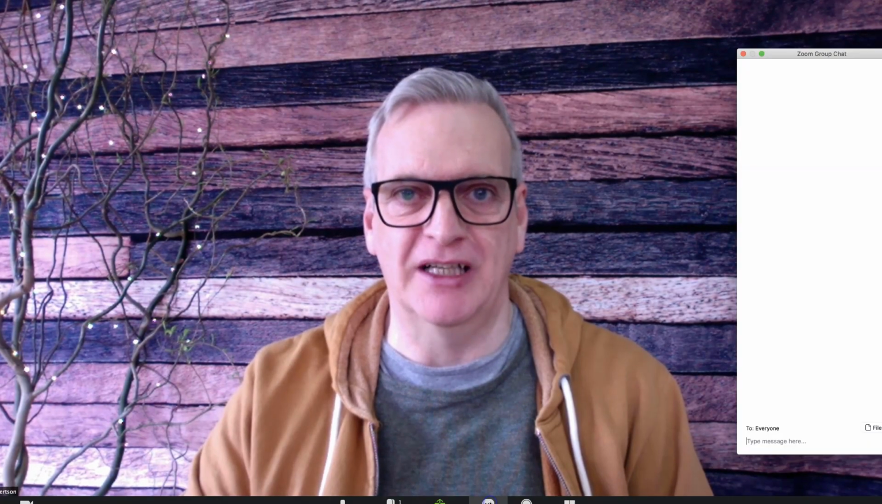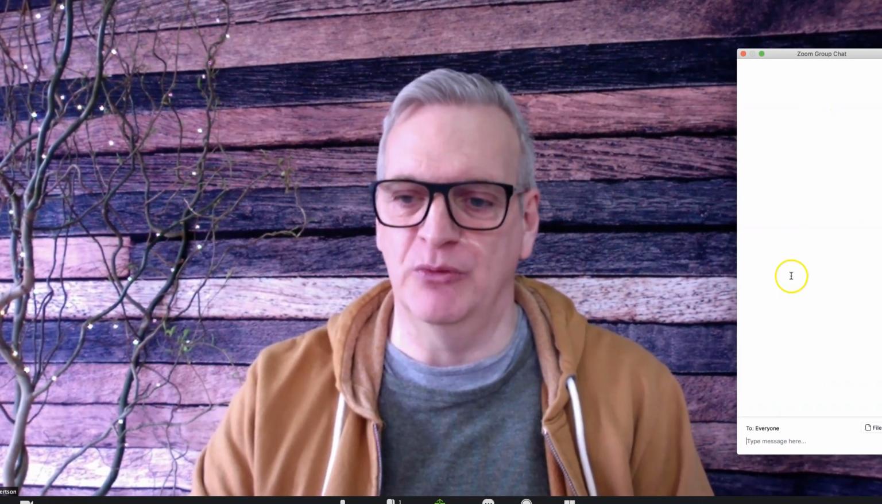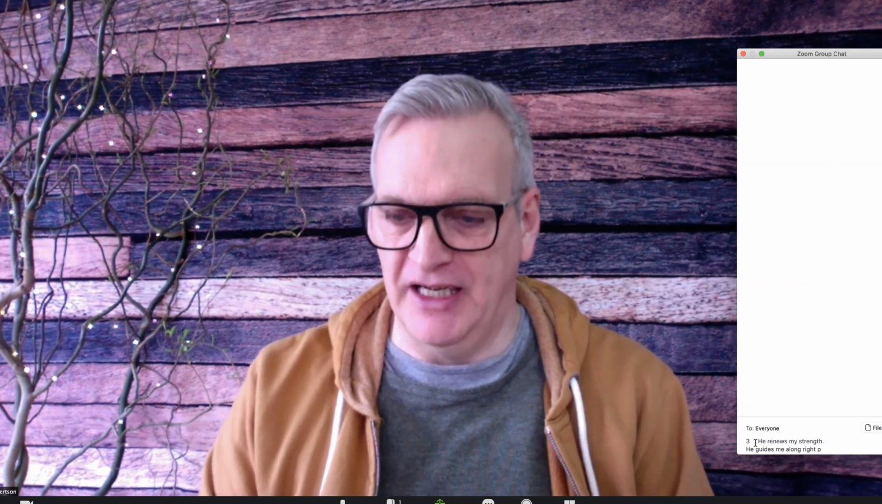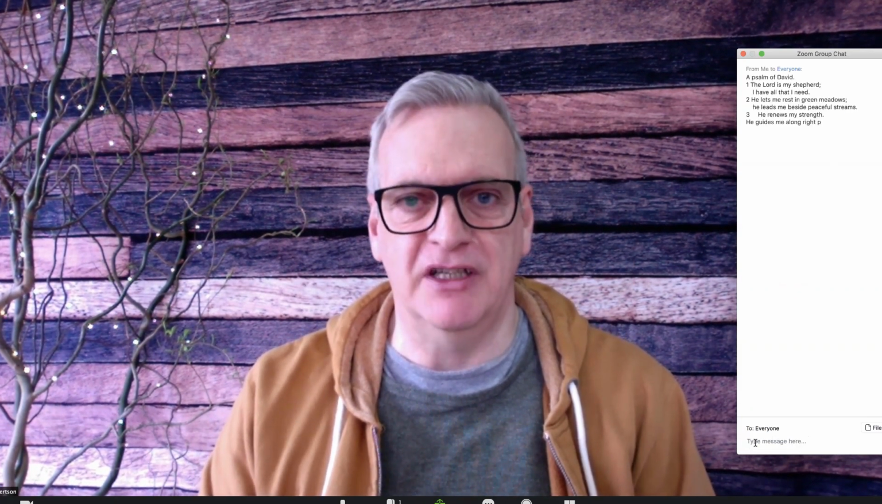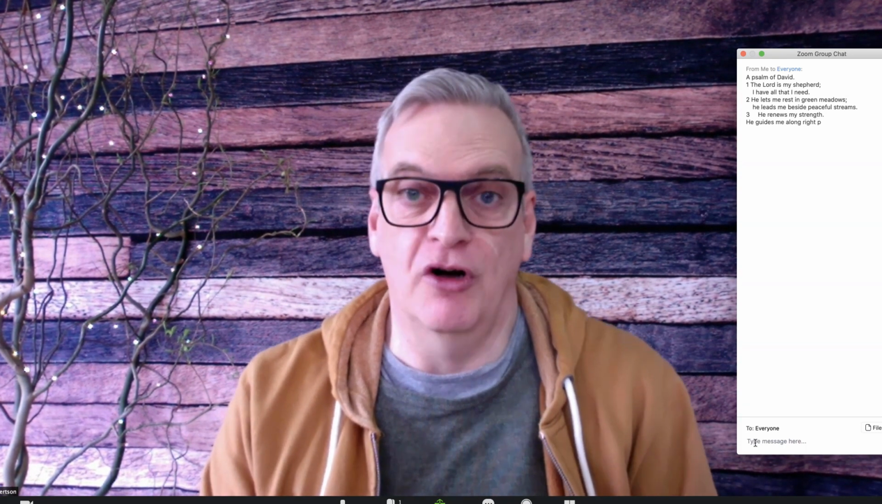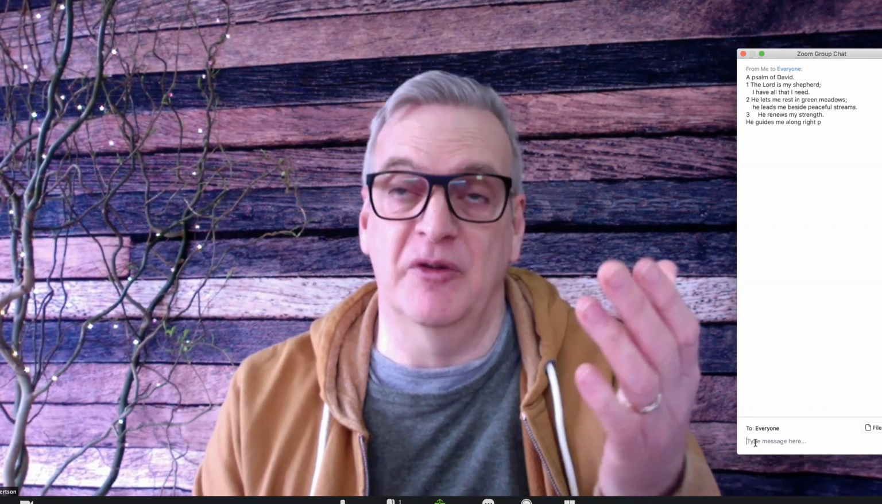Tool number 2 is the chat window. Again, it's a little icon in the bottom bar, the speech bubble. Click that, and usually on the right hand side, a chat window will open. I like to use this again for scripture that we have been talking about during the evening. So there's Psalm 23, for example. So often when our group is in discussion, if someone mentions a particular verse of the Bible that's been helpful